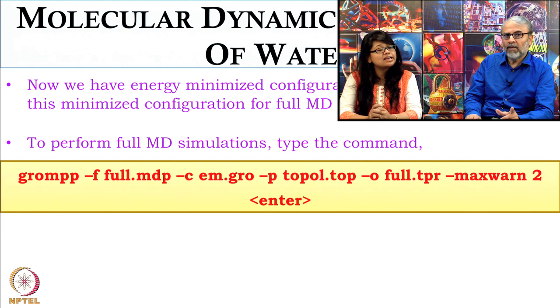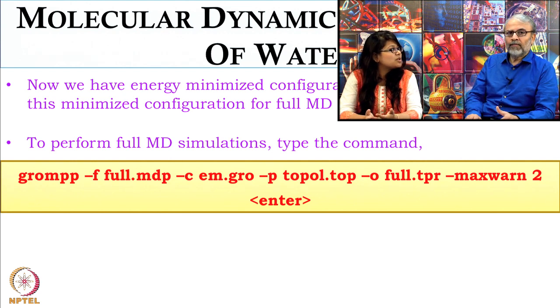What about full.mdp? That is different from minimization? Yes, it is different from energy minimization, because in full.mdp we'll have more detailed information, such as in which ensemble you want to simulate. Suppose you want to do it in an NPT ensemble, so you have to fix the pressure and temperature, and you have to use algorithms for that. And since in this case we are simulating water, you need to constrain the bond length and bond angle as well. So we will have those constraint algorithms. But those constraints are the same for minimization also. In case of minimization, we don't actually use constraints.